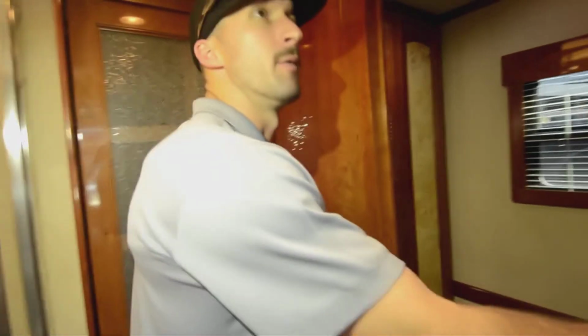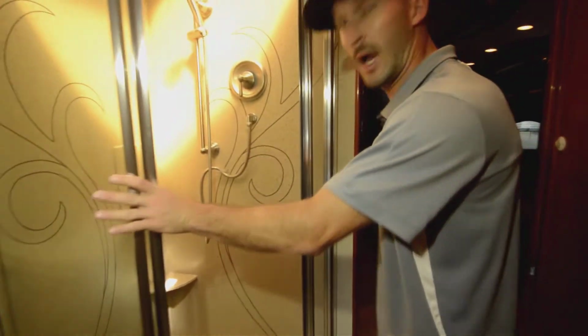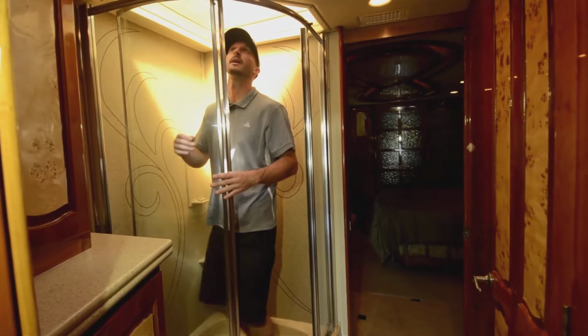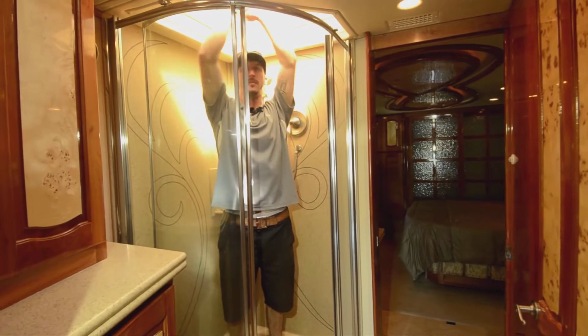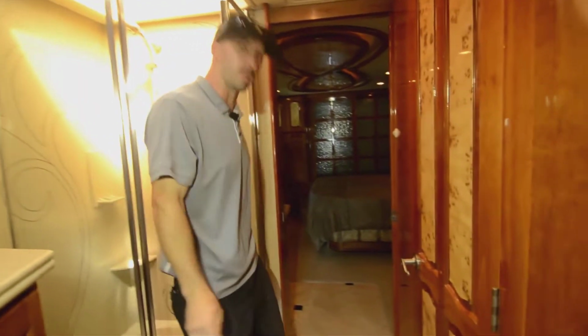And again, I can never get over all the beautiful woodwork on these things. And then a big shower. Let me hop in here just to give you some height. I'm just short of 6'2", so I'm not a tall guy, but I'm not a short guy either. Plenty of headspace. I am a fairly wide-shouldered guy, and I can fit out here. Put my hands up, get to the armpit test, as I call it, without bumping your arm on